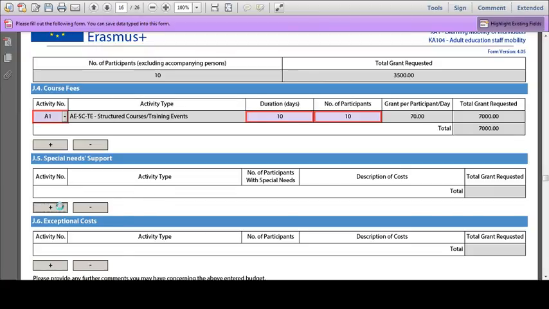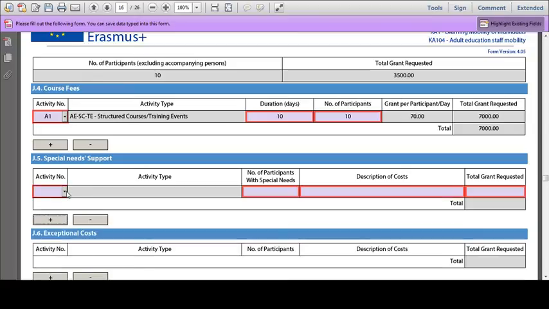So once again, if you want to request special needs support, you click on the plus button, you add the activity that the special needs support relates to. It's 0 because I had selected 0, and in the description of the cost box you must provide all the relevant detail, and here you just request the grant that you feel you need. So I'll put